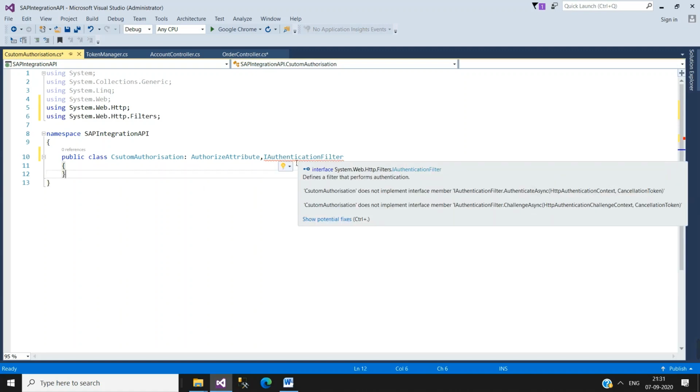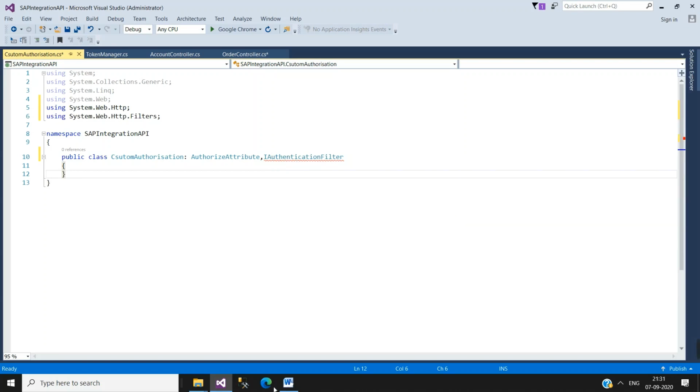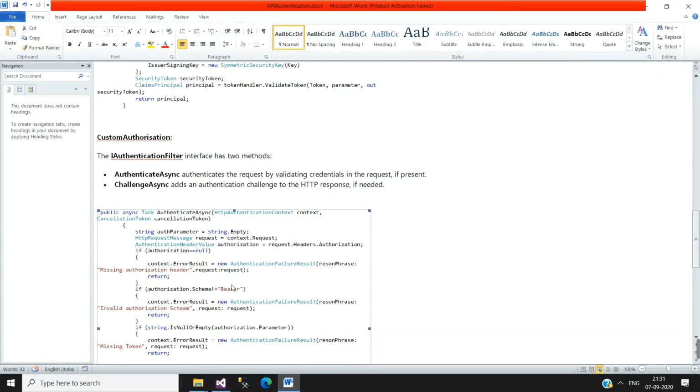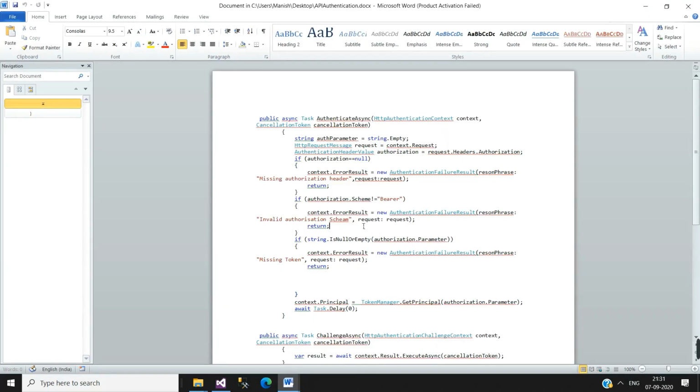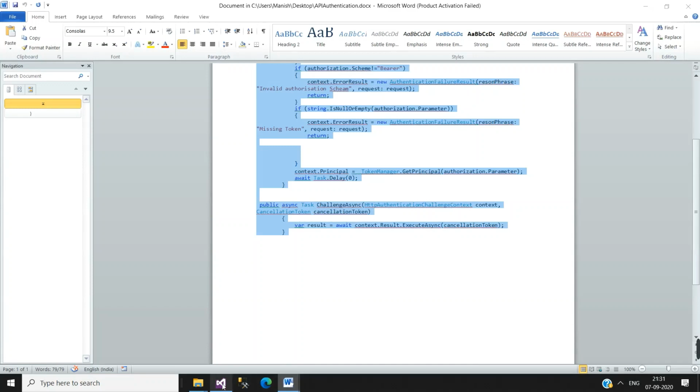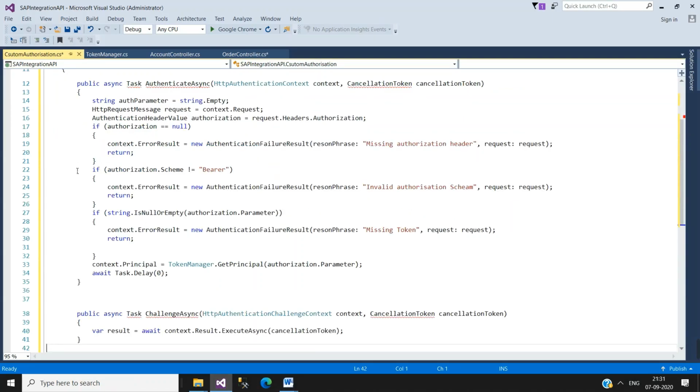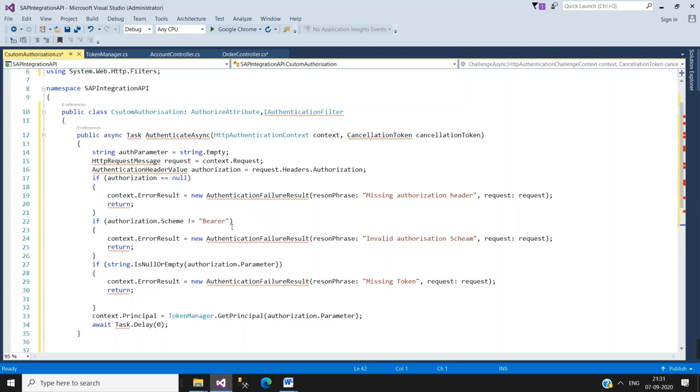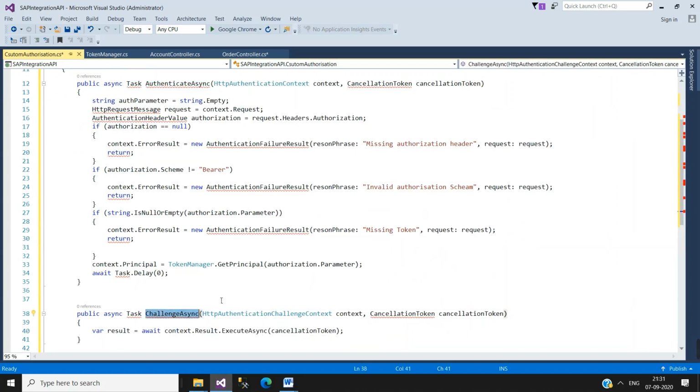So it's saying that we have not implemented two methods of this interface. The first one is the authenticate async method, and the second is the challenge async method. So let me implement. I have already written a code here. I'm going to copy this one. So this is the code for the authenticate async method, and here is the challenge async method.